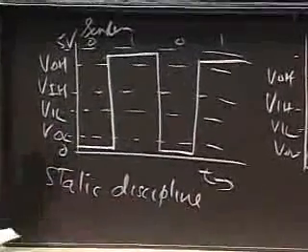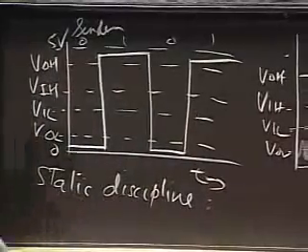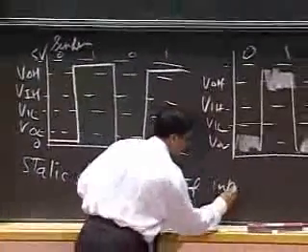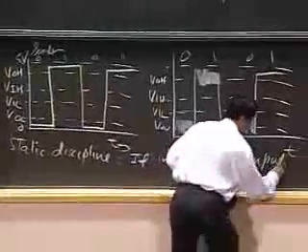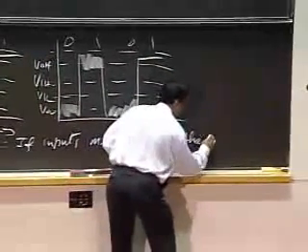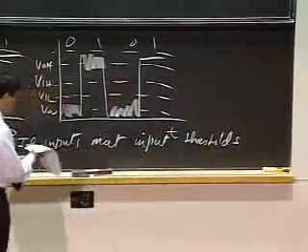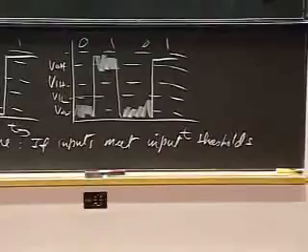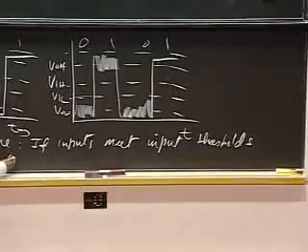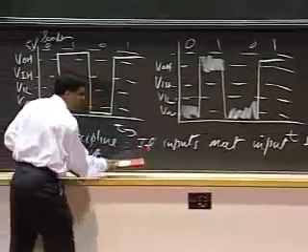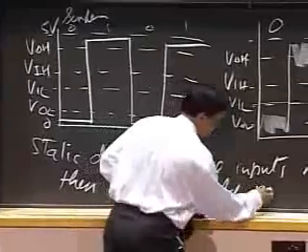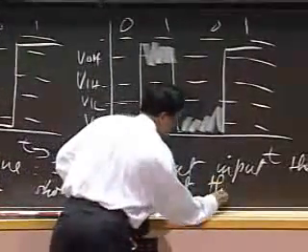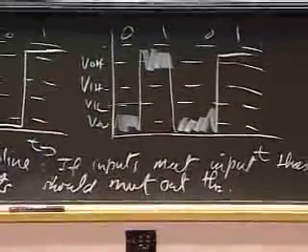The static discipline says if inputs meet input thresholds, so if an input to a digital system meets the input thresholds, then outputs will meet, or the digital system should ensure that the outputs meet output thresholds. So this means that if I have a system like this,